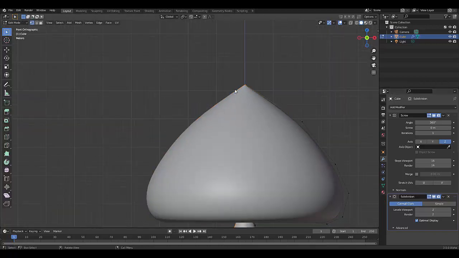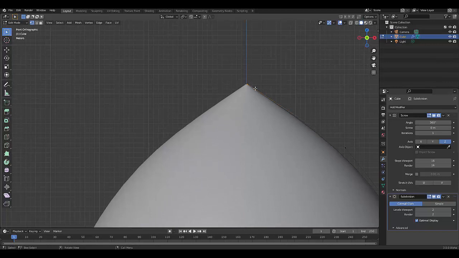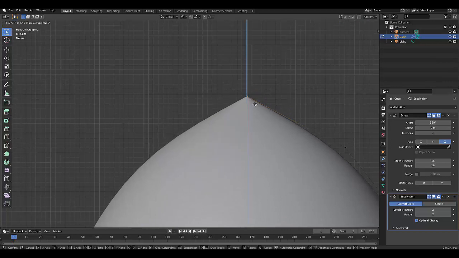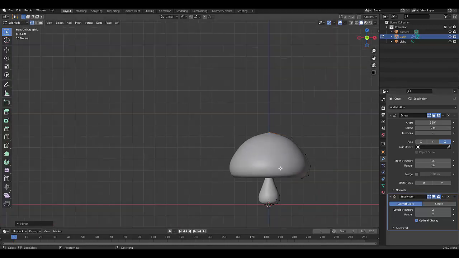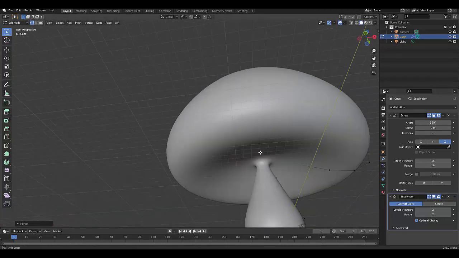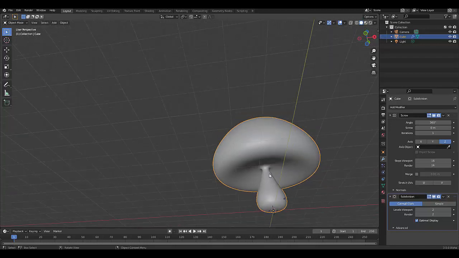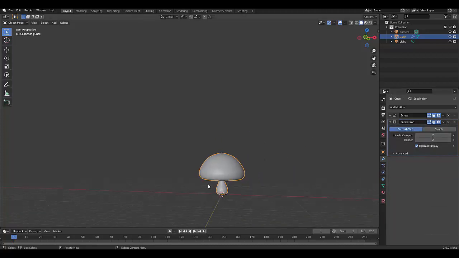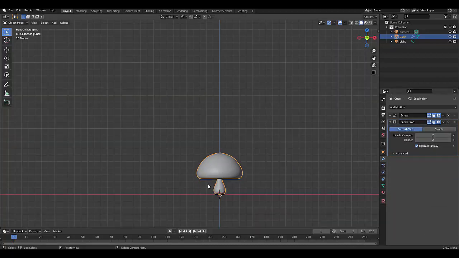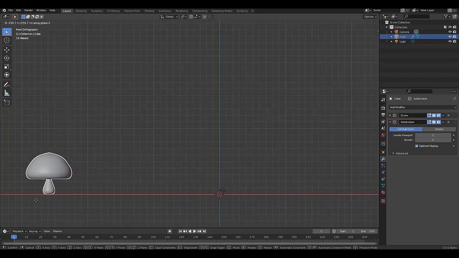And I'm going to press tab to go into edit mode. I'm going to press GZ, just bring this down a bit so I can get a shape that I like. The other thing I want to do is just look, okay, that's actually fine. I'm actually happy with that. And yeah, that's looking pretty good. Now I can press GX. Chuck this over here,